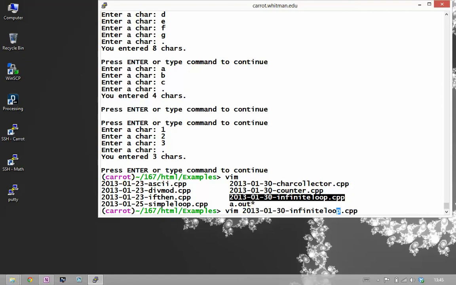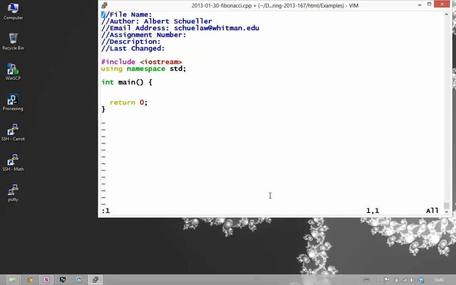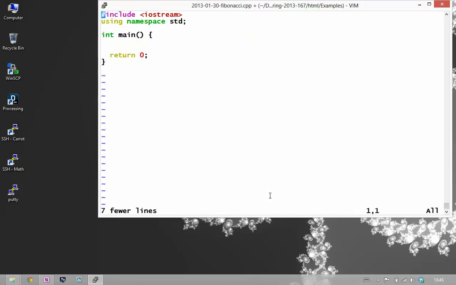So now we're heading towards some territory that should help you with your program. So the Fibonacci sequence